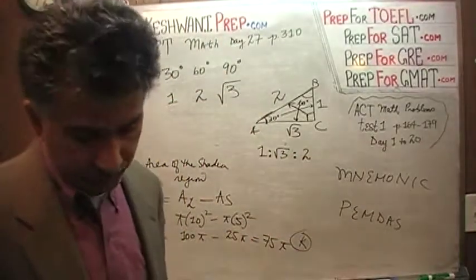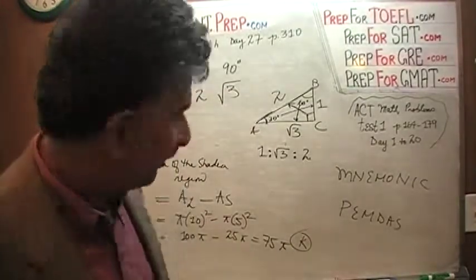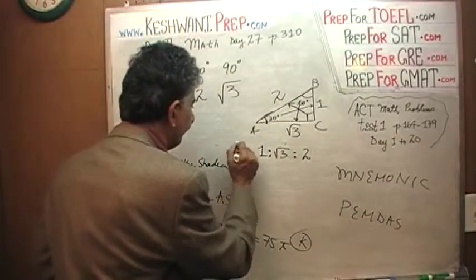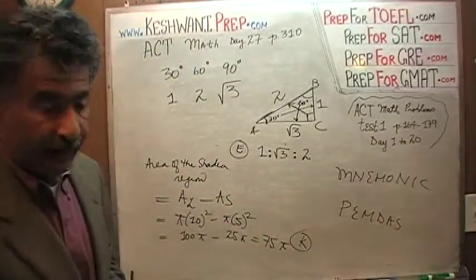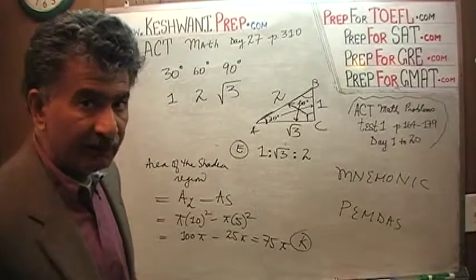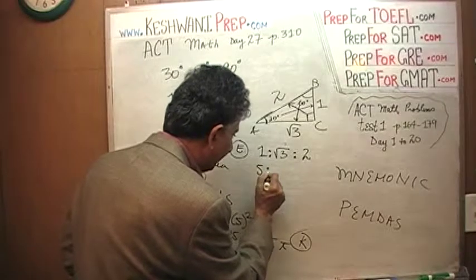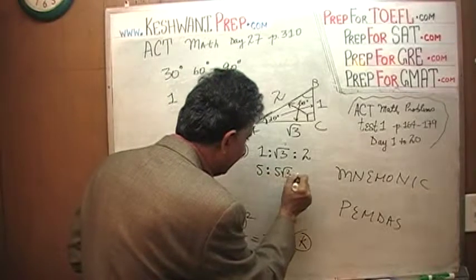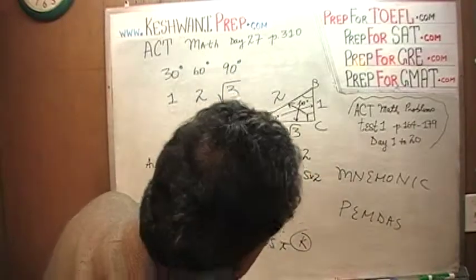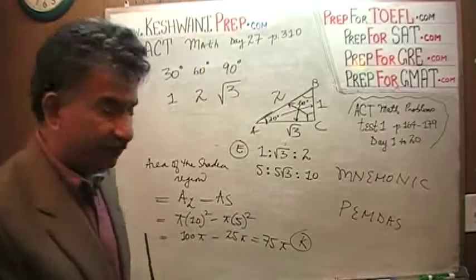Or any multiple of it. Here they're very nice, they don't actually give you multiples, they just give you this thing, 1, root 3 and 2, which is answer choice E. What I'm trying to make you understand is that instead of giving these three quantities in answer choice E, had they given us something like 5 times root 3 and 5 times 2, which is 10,